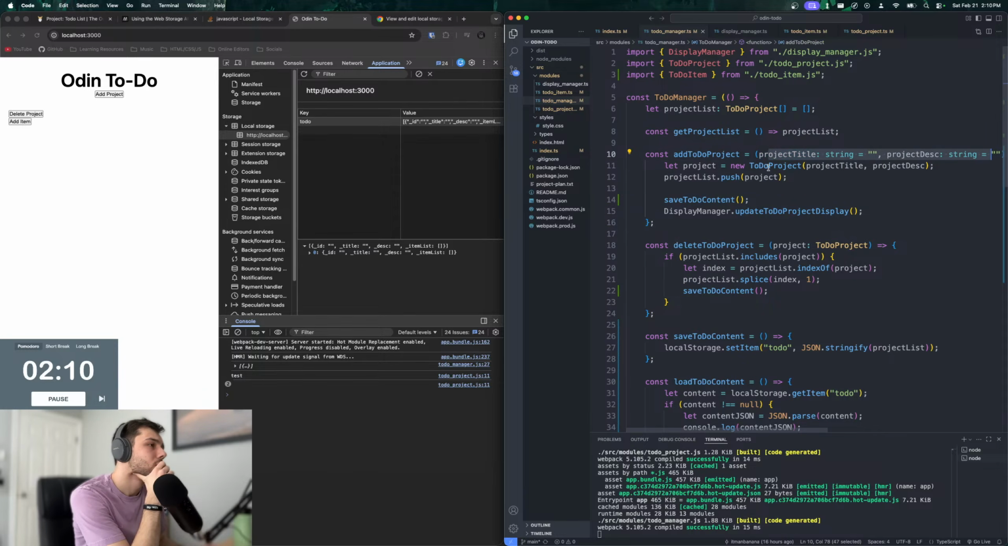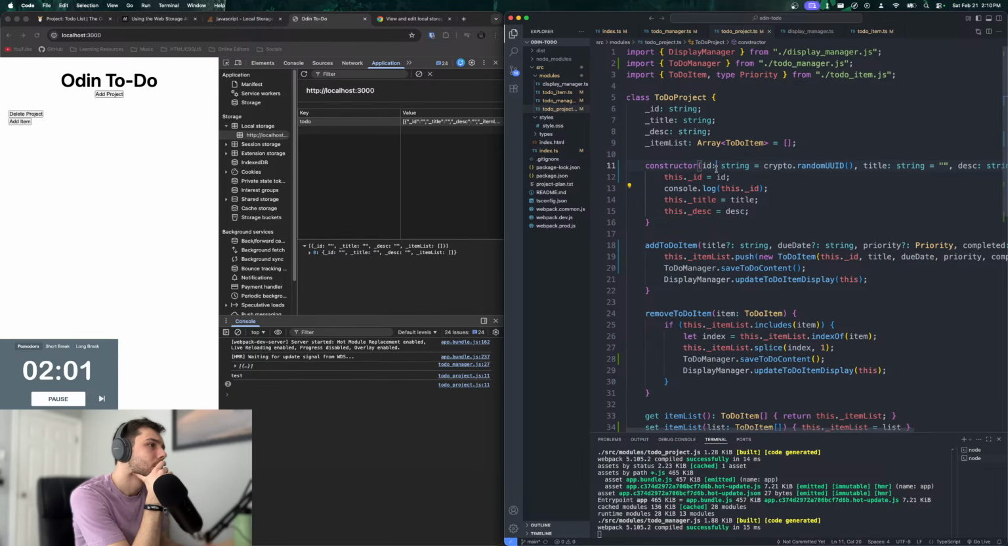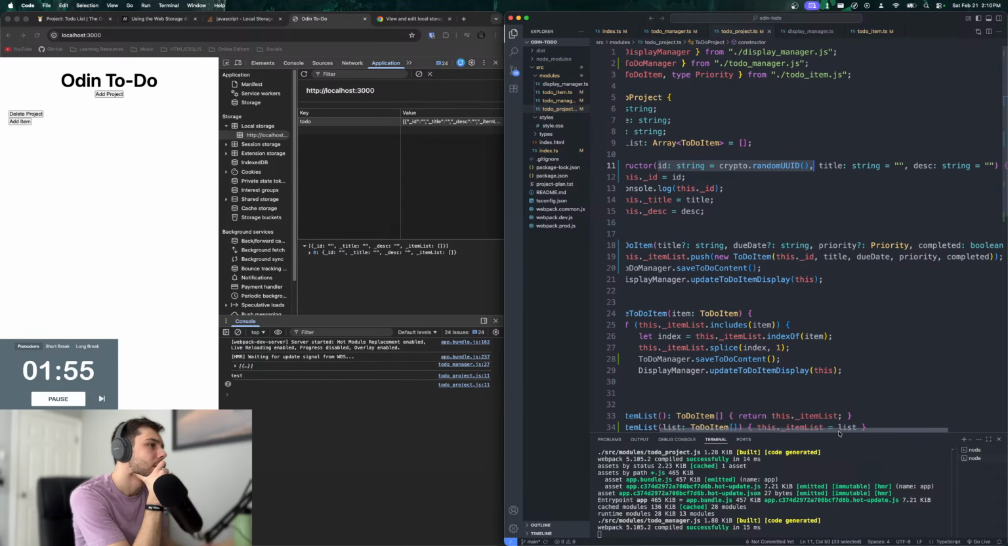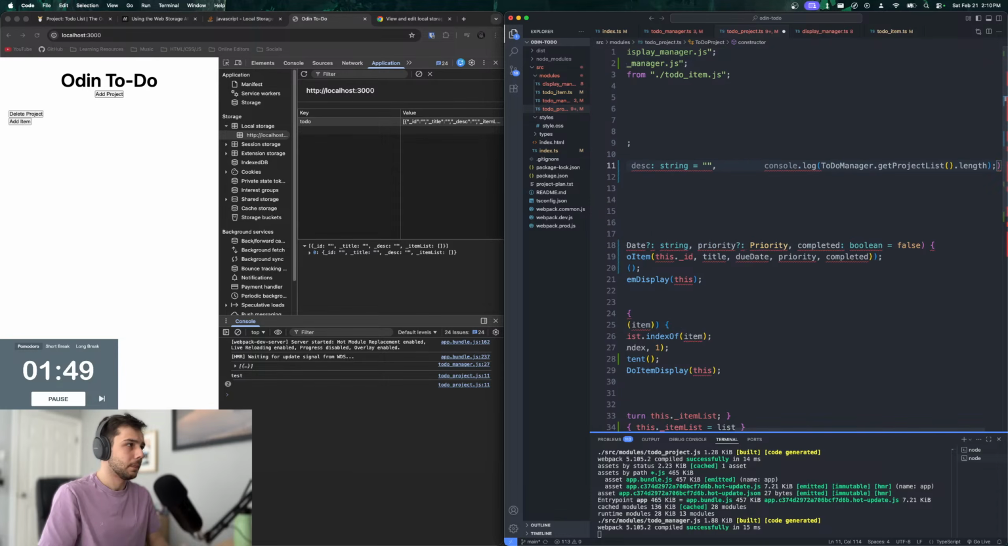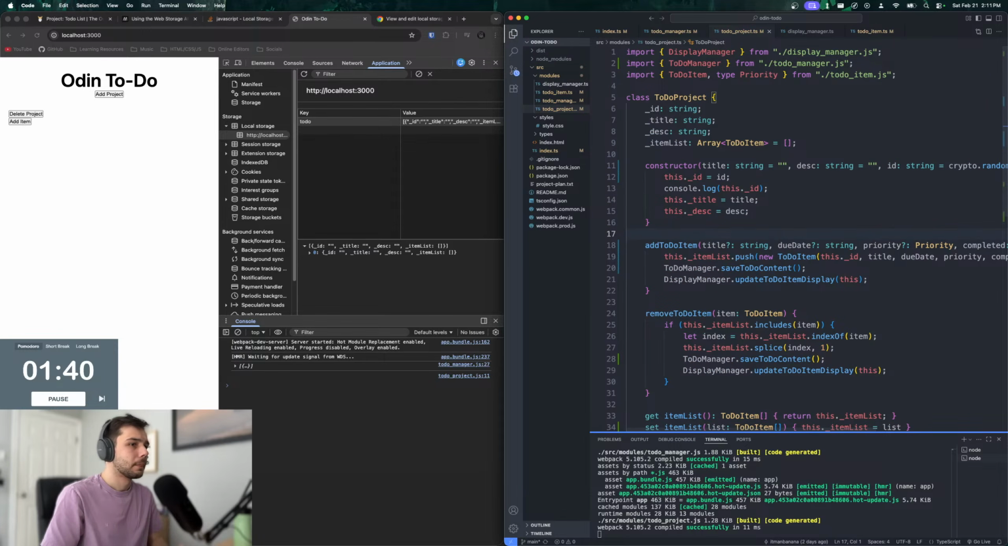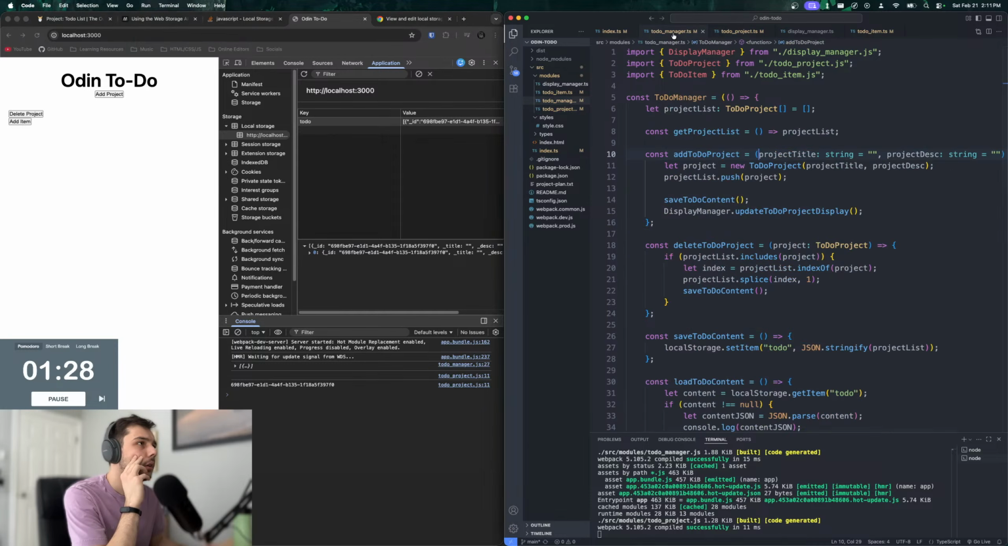Oh, I see. Because this, we added this param, right? For the ID. So we actually might want to put that at the end. Whoops. ID string equals crypto. There it is. Now it has the right ID. Okay. Then